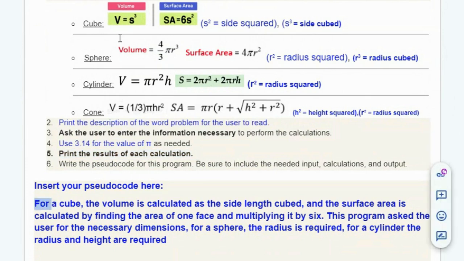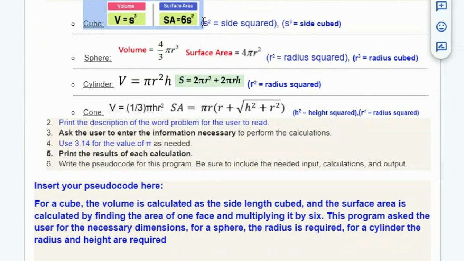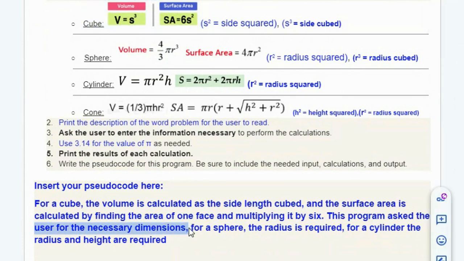So for a cube, okay, so you've chosen the cube, so you don't need pi because there's no pi in those calculations. The volume is calculated as the side length cubed, correct? And the surface area is calculated as the area of one face multiplied by 6. That's correct. Yes, s squared times 6. This program asks the user for the necessary dimensions. Great. So that means you've got an input statement, which I guess would just ask for the side length